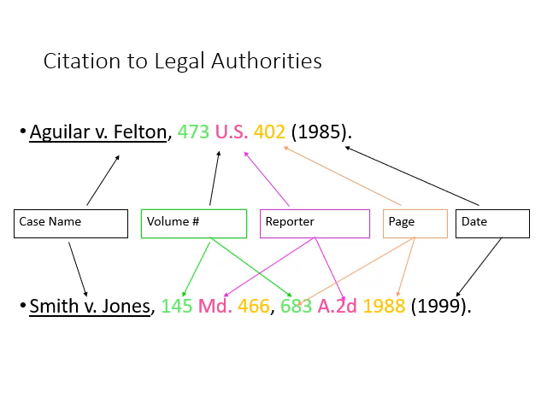So the librarian stands you in front of a stack of United States Reports, and there are volumes and volumes of books there. How do you know which one to pull off the shelf to find Aguilar versus Felton? Well, you look to the number that precedes the abbreviation, 473. That's the volume number. Look for that number on the spine of the book. Pull that book off the shelf and then go to the number after the abbreviation, 402. That's the page number. Turn to page 402, and that's the page on which the case should start.